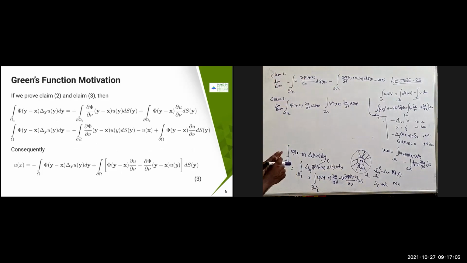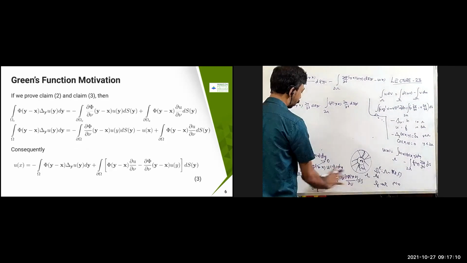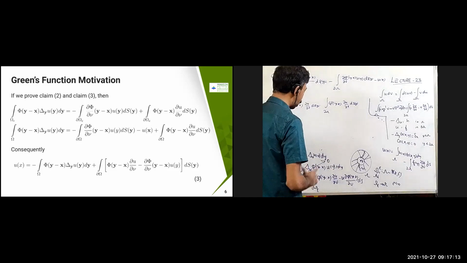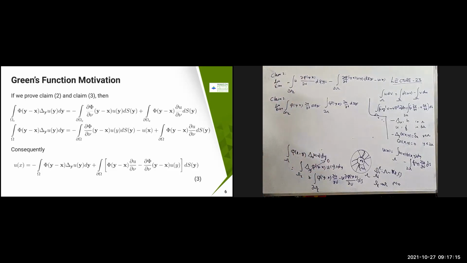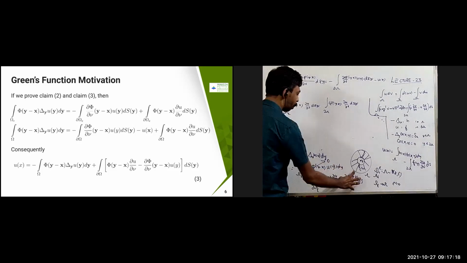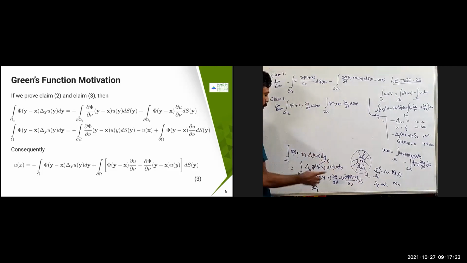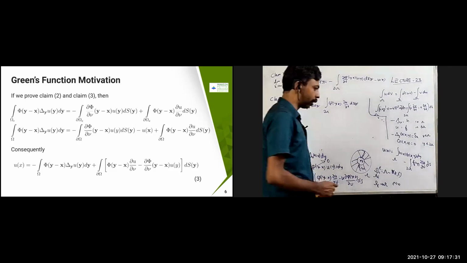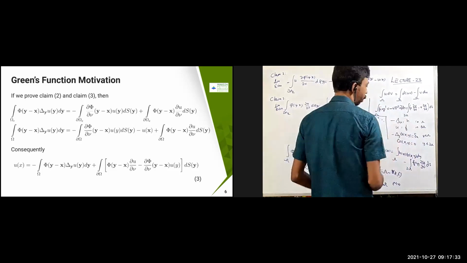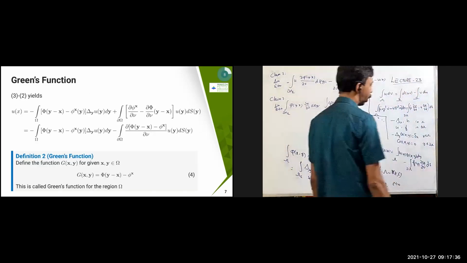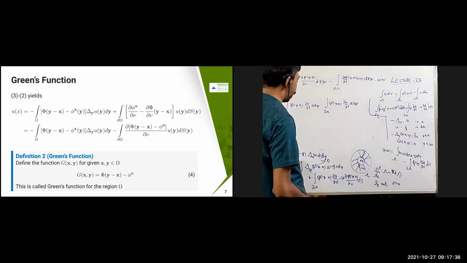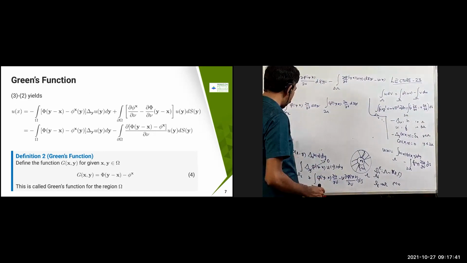Therefore, what you are going to get is that u of x is going to be obtained using these 3 terms. Remember that the only extra thing coming out is that from this claim 2 you are going to get some u of x. So due to that, u of x is going to become this term plus these 2 terms. That is going to be our claim. So this is going to be the solution for the problem which we are claiming, in terms of this one and this one.